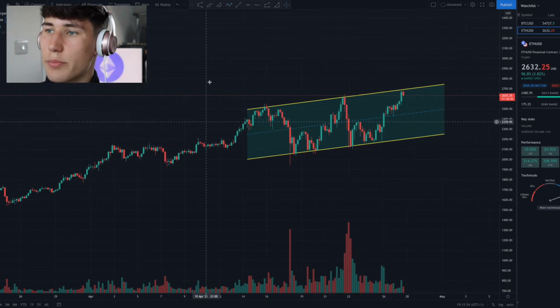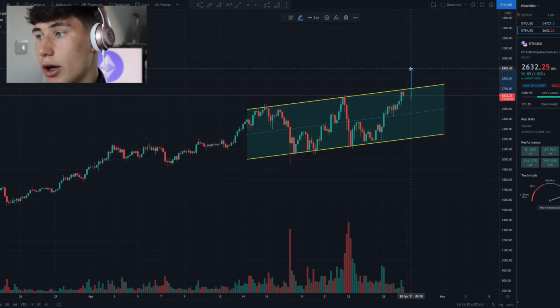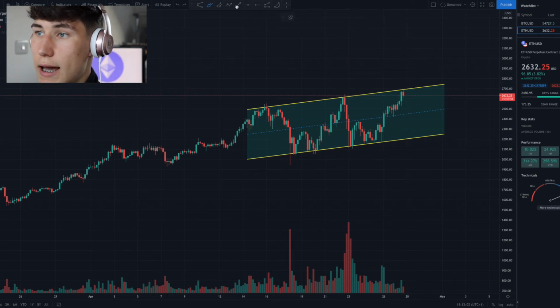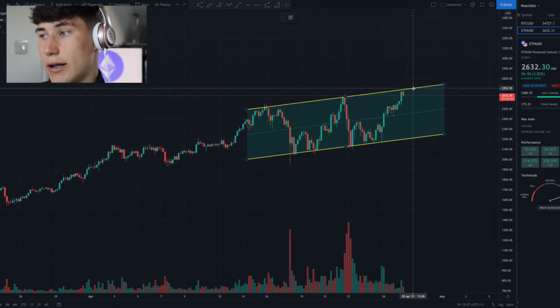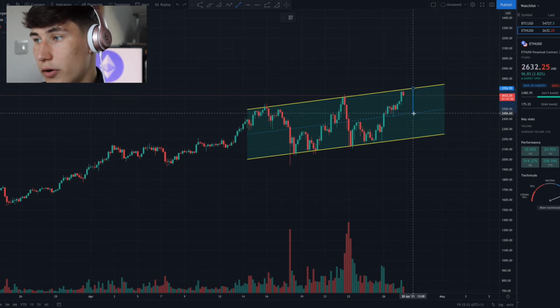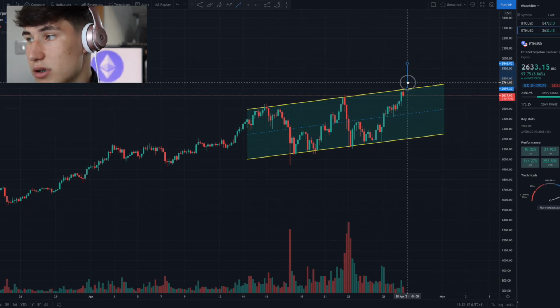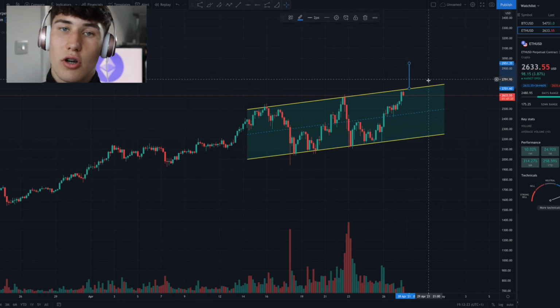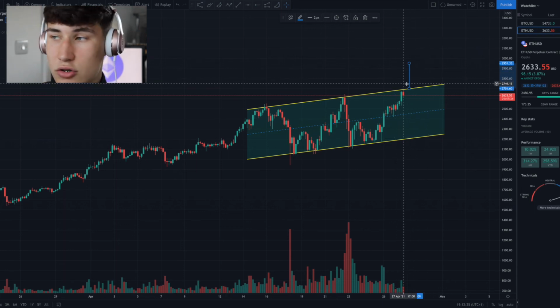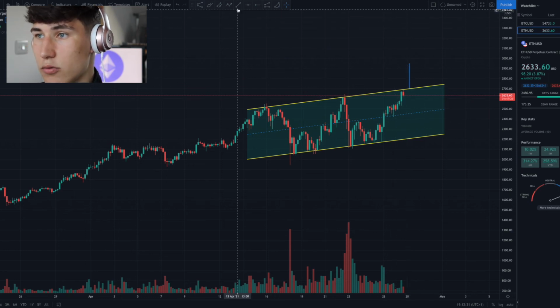So in fact, this is going to be my next Ethereum trade. If Ethereum does break up out of this channel, I am going to be putting in a long position, and I'm going to have two price targets for this rising channel if it is to break to the upside. So my first target would be half of the actual rising channel, and we take it to the breakout point, and this would be just under, so it would be at $2,950, just under $3,000,